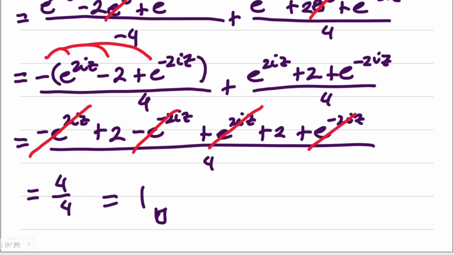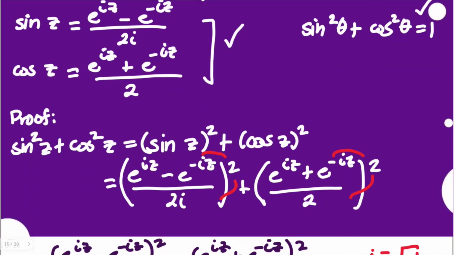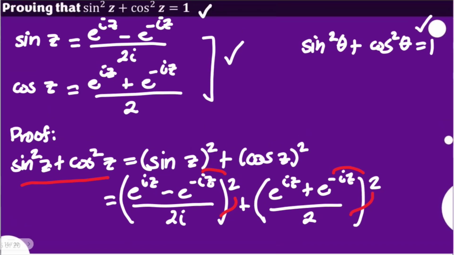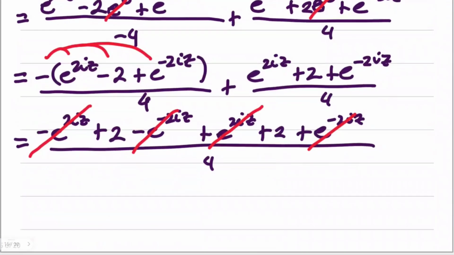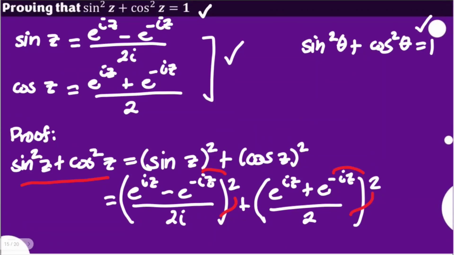This is the proof that the square of sine plus the square of cosine, as indicated by the identity here, is really equal to 1, as shown by this proof. This is the proof for this given item here, and since this is also true for complex numbers, similar to the theta we use in the context of real numbers, if we're going to see something like this later on in some of our exercises, we're going to apply this identity.